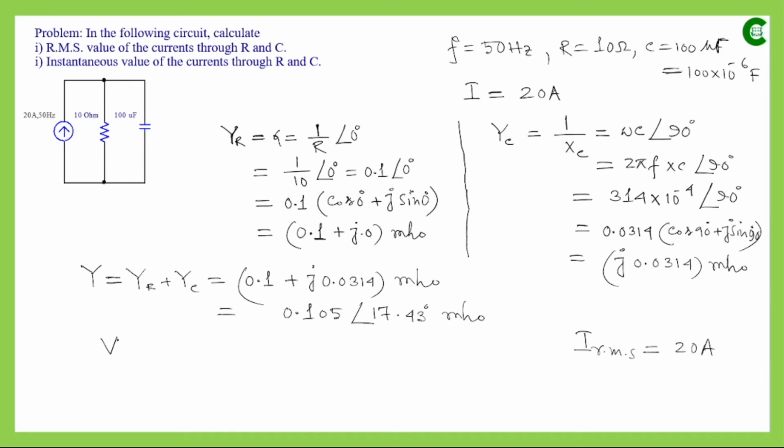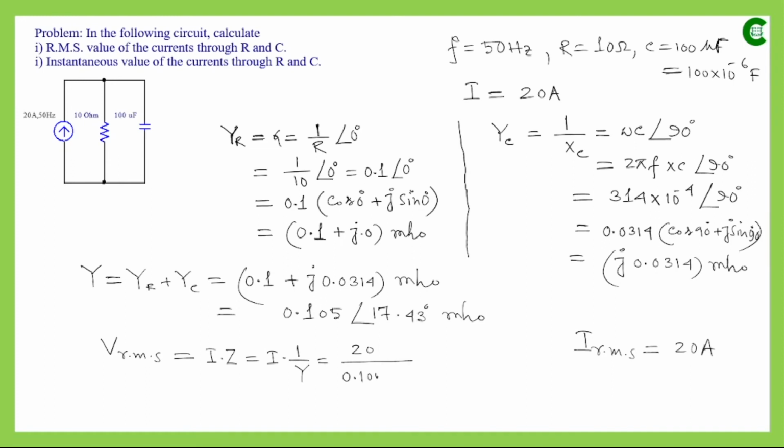If we want to get the RMS value of the voltage drop across this parallel branch, then V will be I multiplied by the impedance of that path, or I multiplied by 1 divided by the admittance of that path. So I is 20 ampere, and the net admittance we have already obtained is